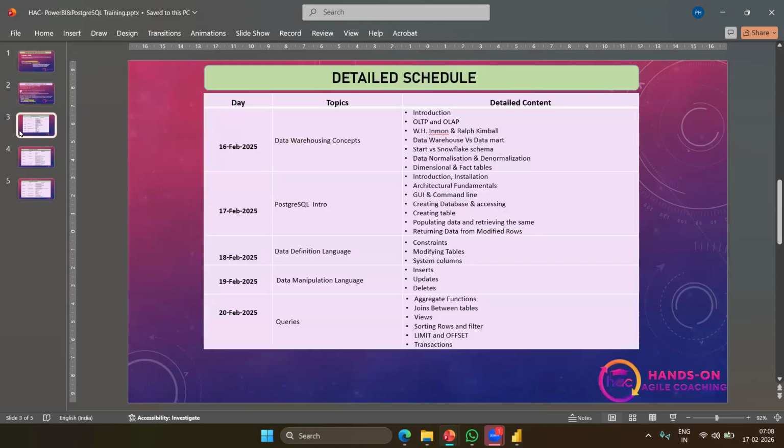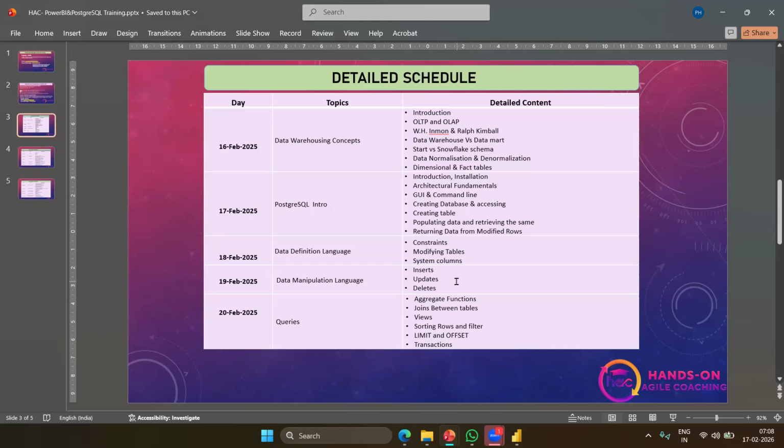If you see the course structure, in the first week we are going to cover data warehousing, mainly focusing on PostgreSQL. PostgreSQL is an open source database currently widely used. Open source means it is free of cost.